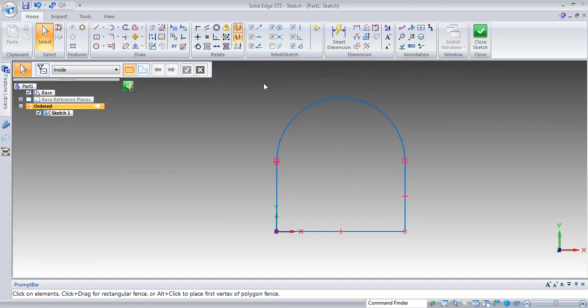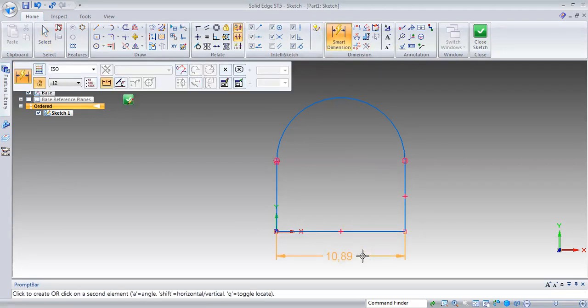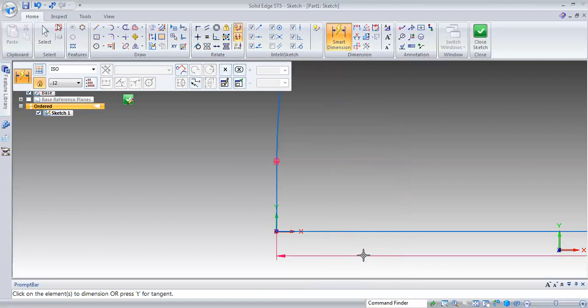Next, you have to go for the smart dimensions. You have to left click and give the dimensions. You have to select for the fitting.